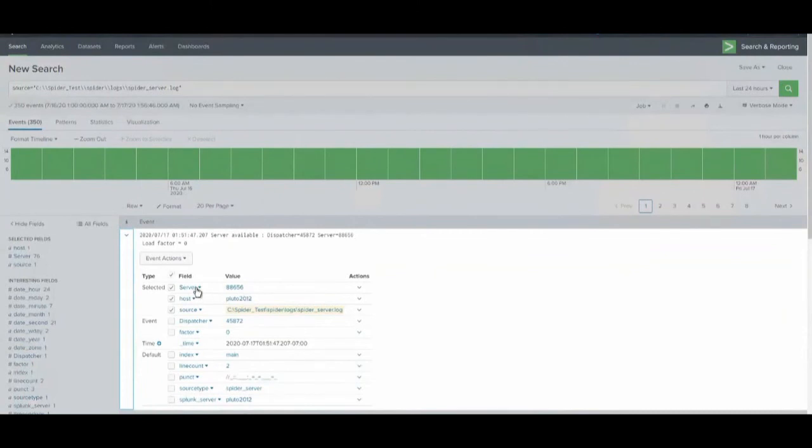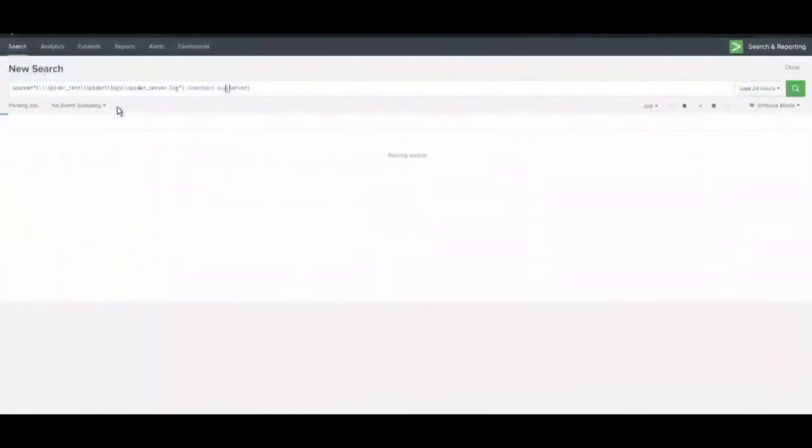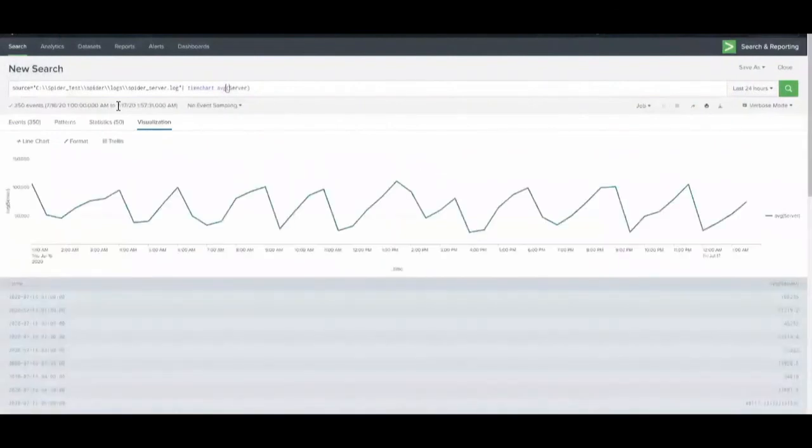I'll try to plot a graph based on my server process ID here, and it will plot a graph based on the server process ID and the time frame. I'll try to get the average over time value of my server here. So over a period of 24 hours, it shows the process IDs of my J server running over a period of time.